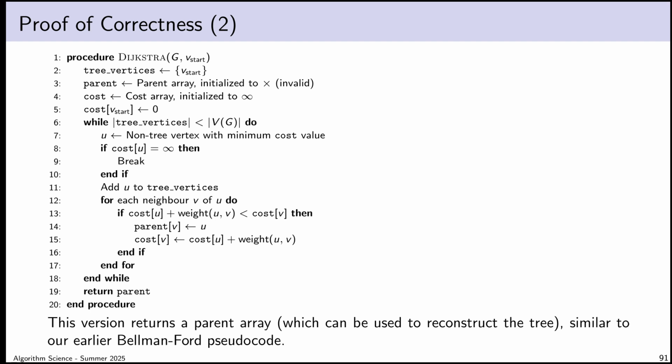And then this version returns a parent array, and of course you could use the parent array to reconstruct the paths in the tree. I don't know if I buy this wording. It can be used to reconstruct the tree. The parent array is the tree, so I feel like this isn't fair to the parent array, but it certainly can be used to reconstruct the paths in the tree, just like the Bellman-Ford pseudocode. If you want a particular path, you could go extract it from the tree in time proportional to the length of that path pretty easily. So there are other ways of framing this, but returning a parent array is a nice general way of doing it, I think.